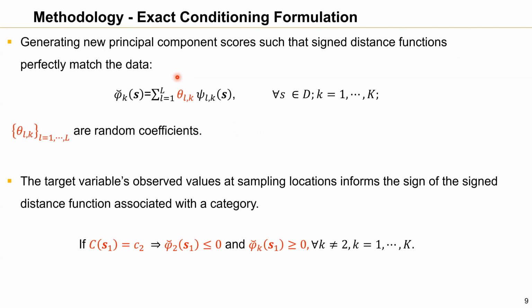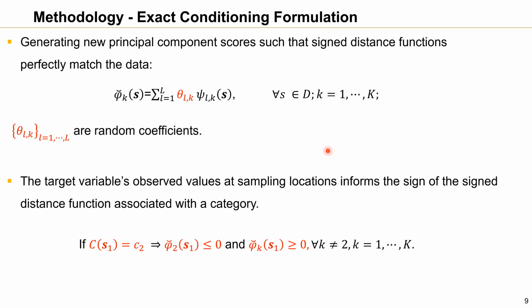So now we define this signed distance where these coefficients here are random and unknown, and this is the eigenfactor, the PCA factor that we computed previously. So now what we would like to do is to generate new principal component scores such that we are able to match the data. So what does it mean to match the data exactly? That is very simple. The value of the target variable at each sample location will inform the sign of the signed distance function